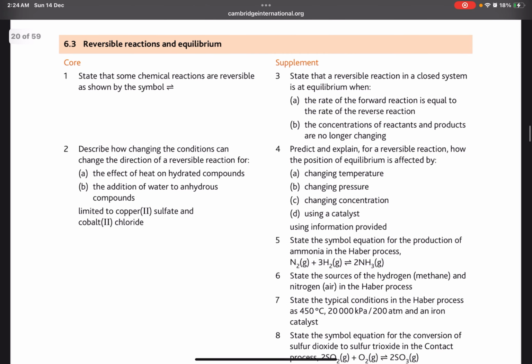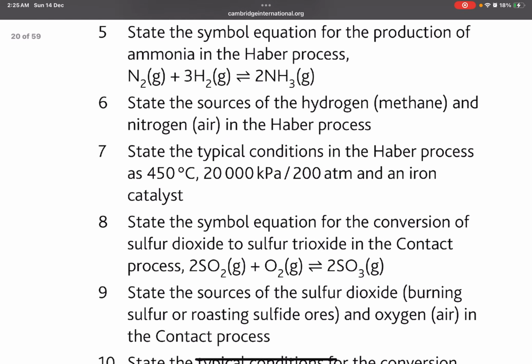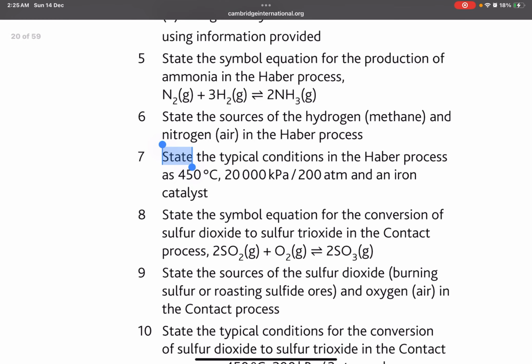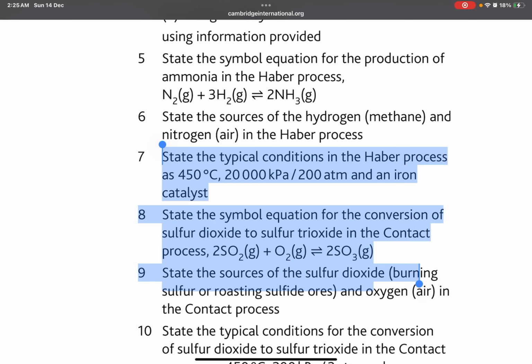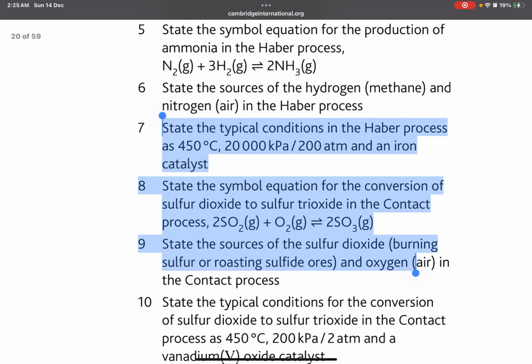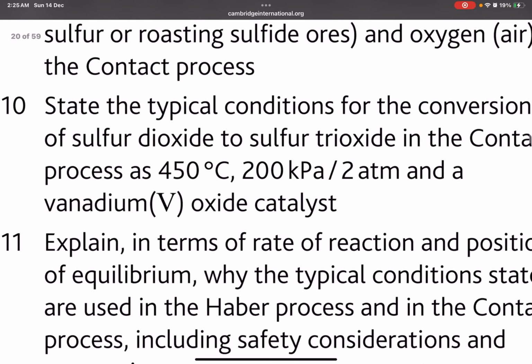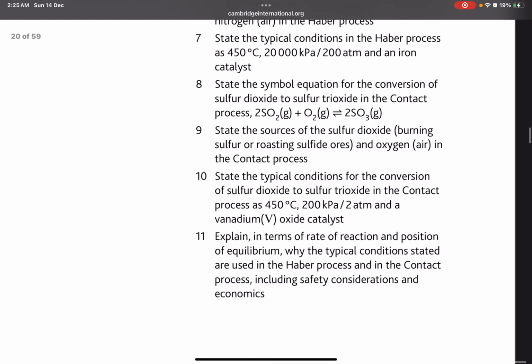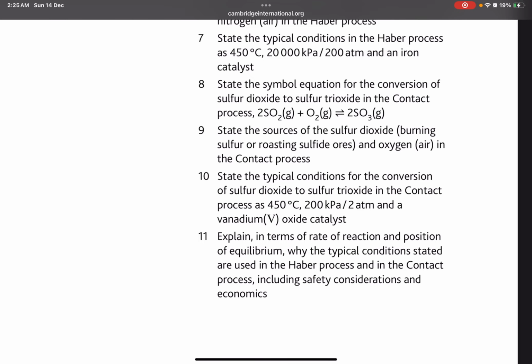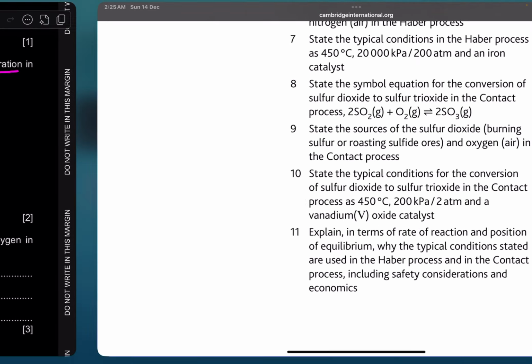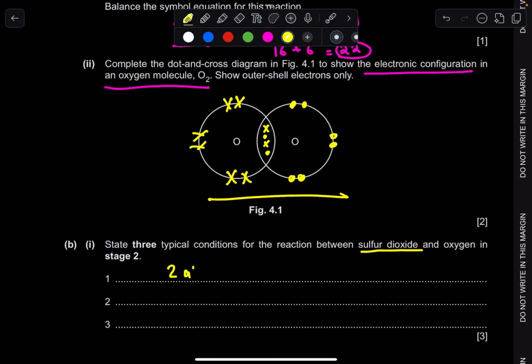Yeah. Okay, state the typical conditions for the Haber process. That's very important. Just learn these 3 conditions and the typical conditions for the contact process. Those are 450 degrees Celsius, 2 ATM and vanadium oxide. Learn these from the syllabus. Just learn the entire syllabus, I would say. 2 ATM, 450 degrees Celsius and vanadium oxide. So it's 2 ATM, 450 degrees Celsius and V2O5